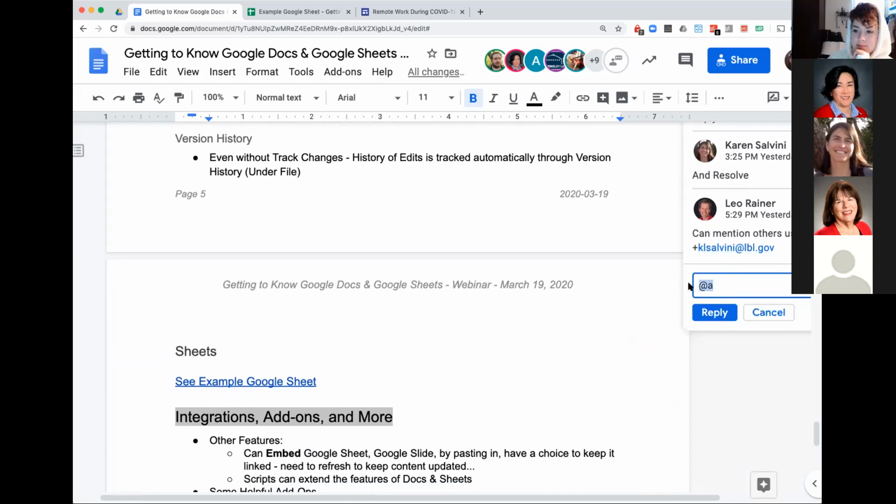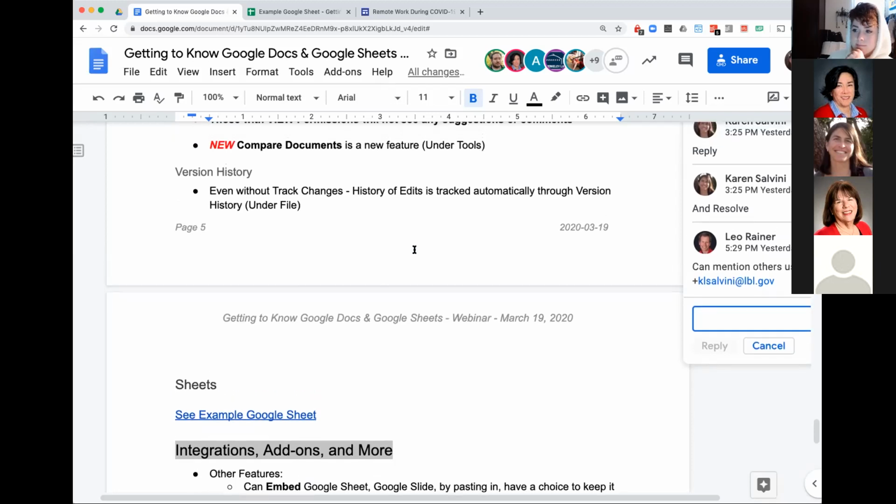And I believe, and maybe Leo, you can help me out, does it notify them when you've mentioned them in a comment? Yes, they get an email, and I believe they get any updates also to that comment. Can you add two commenters in the same comment?